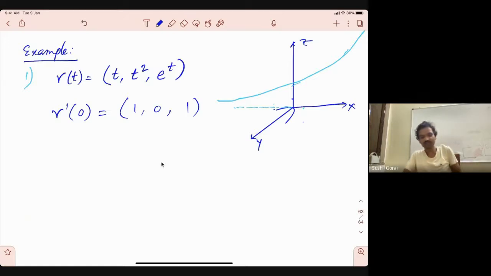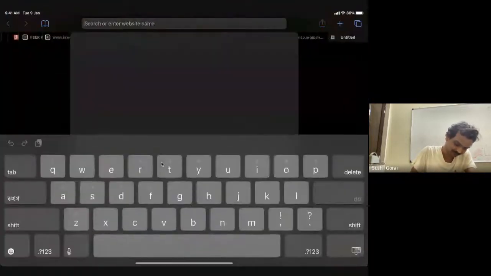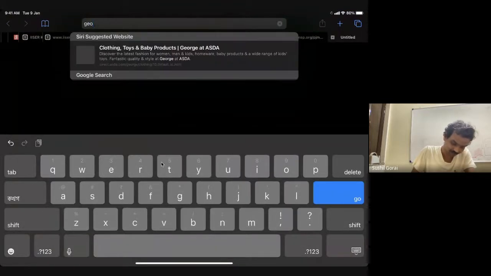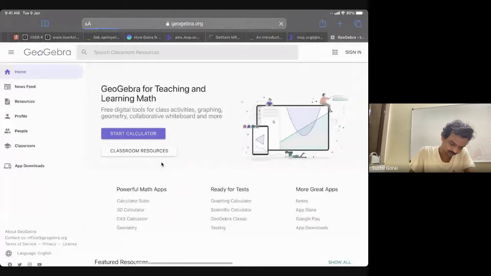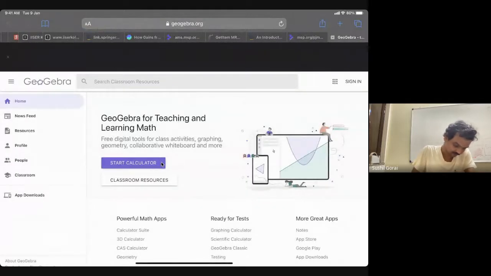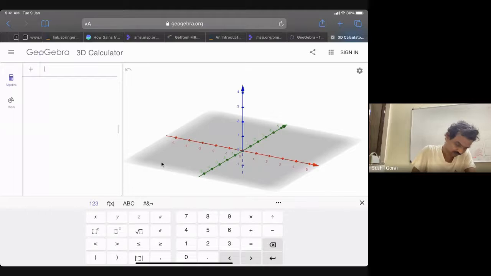Maybe you can actually try to look at this one in the software. Let me try this, GeoGebra, if you use. So what you want is